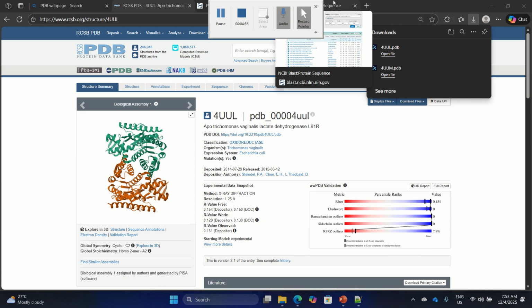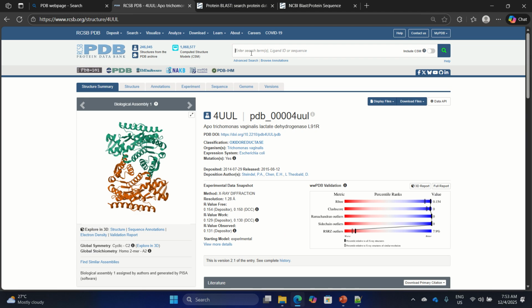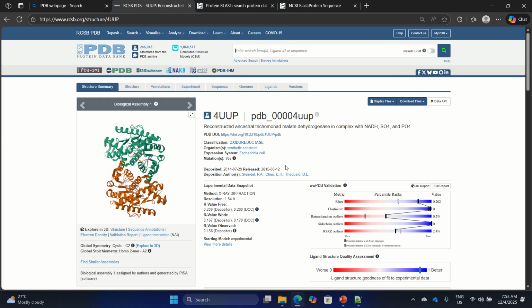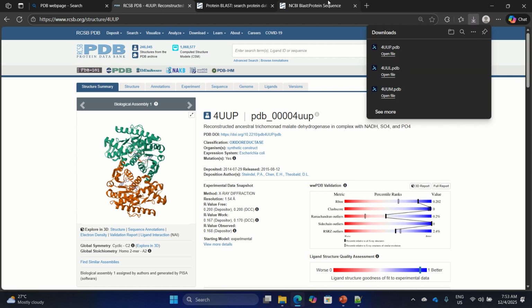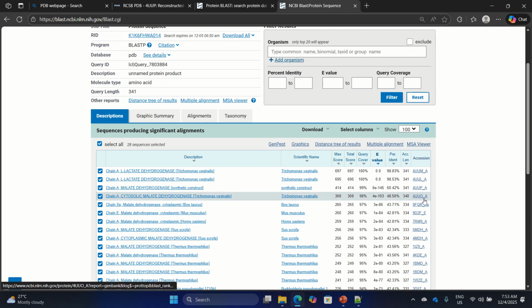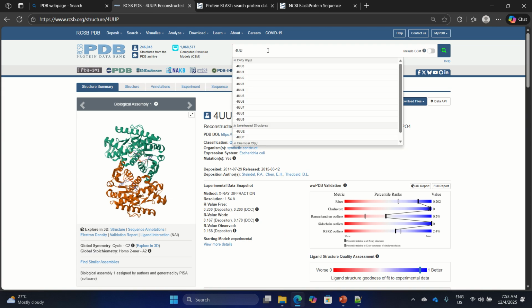The next one is 4UUP. Download legacy PDB format. And the last one is 4UUO.